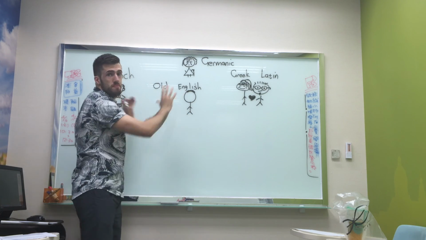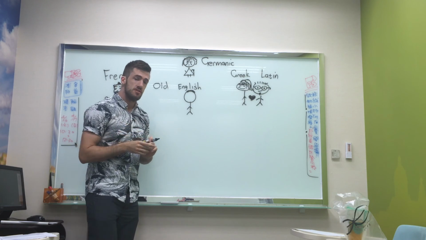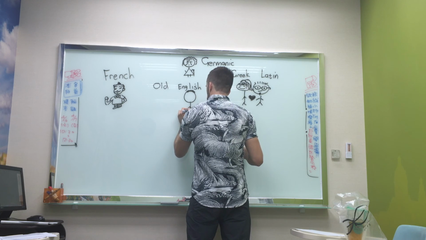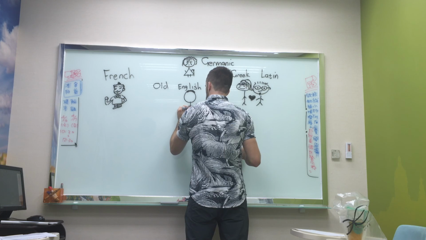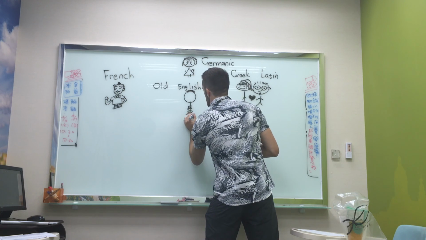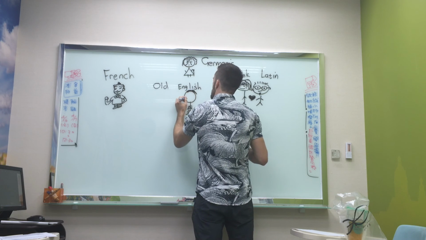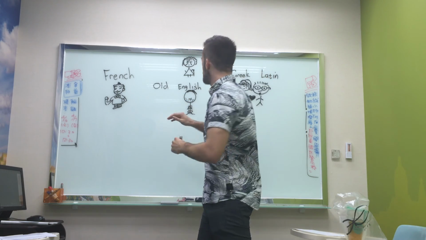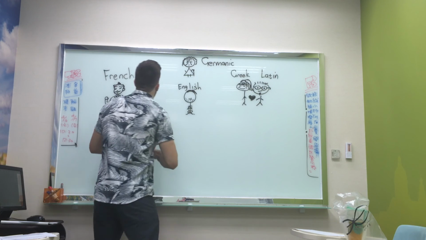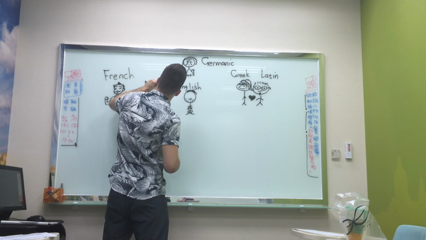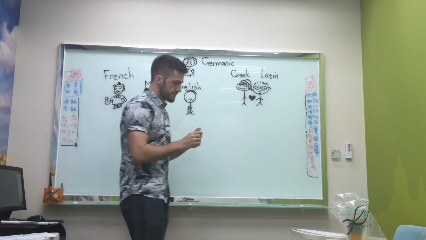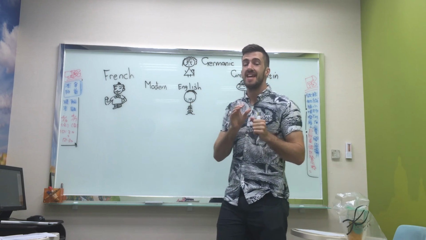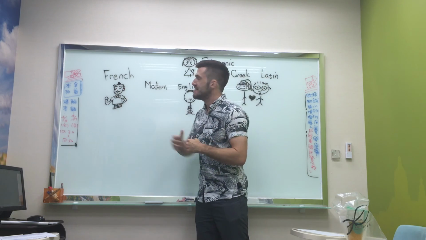So, when Old English met these two, he decided to change. He dressed up nice. A nice little shirt here. He got new shoes. He got a haircut. Maybe a little beard. And he changed his name to Modern English. Now, to impress his new friends, Modern English decided to try and sound like his new friend French